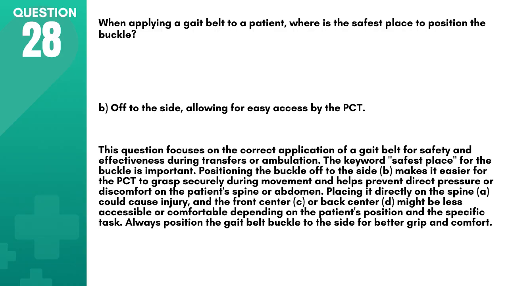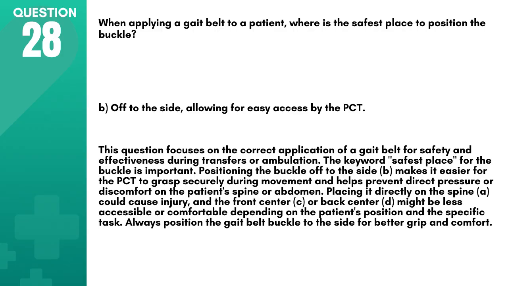Answer, B. Off to the side, allowing for easy access by the PCT. This question focuses on the correct application of a gait belt for safety and effectiveness during transfers or ambulation. The keyword safest place for the buckle is important. Positioning the buckle off to the side, B, makes it easier for the PCT to grasp securely during movement and